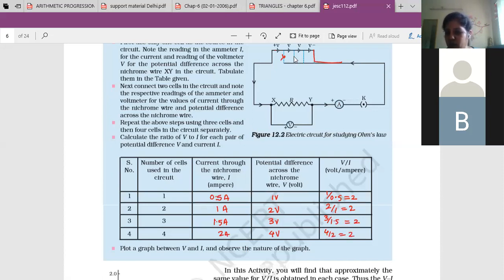Now every time we got approximate values; these are not the exact values you will get. You will get some other readings when you are actually performing this experiment. But at that time you will get this value of about 2, and you will get to know that this V by I value is approximately equal to the resistance in the circuit. Approximately, not exactly, this value of 2 means a resistance of 2 ohm might be connected in the circuit. This is how we have to verify Ohm's law. Are you able to understand? Yes, ma'am. Okay.